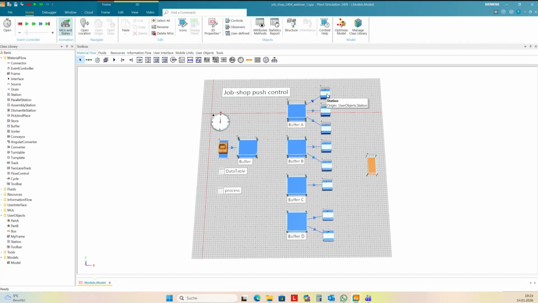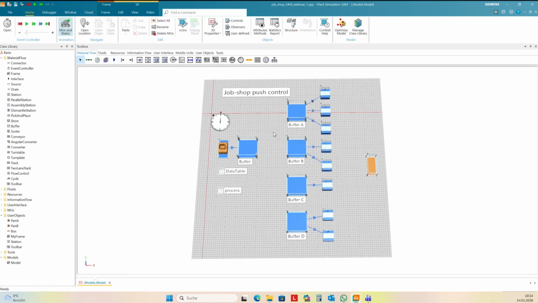For the stations, we need two controls. We need an entrance control to set the processing time, depending on the step and depending on the part that's coming. And we need the exit control to make the decision what is the next shop we need to go with this part, or do we need to go to drain because the processing is finished.